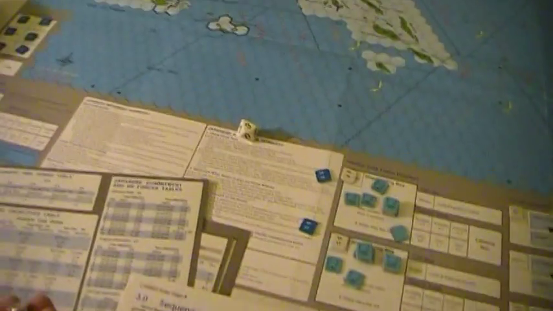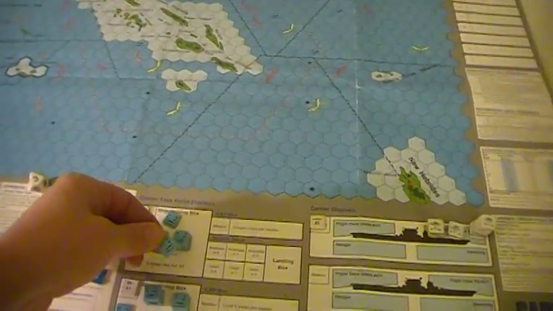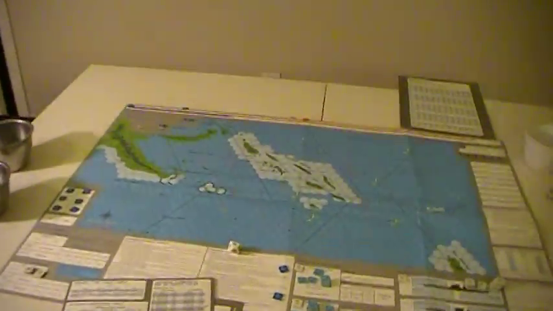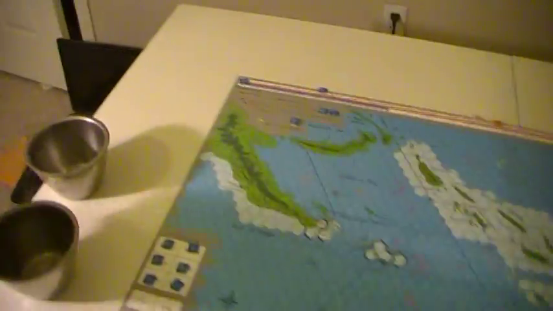Okay, and then wherever the Japanese come in, there's a possibility for them to immediately be searched for if they're in the range of my search planes. I hope that's the right one. Okay. Then we go to a series of 4 action phases. And in the action phases, essentially, the Japanese are going to pull...